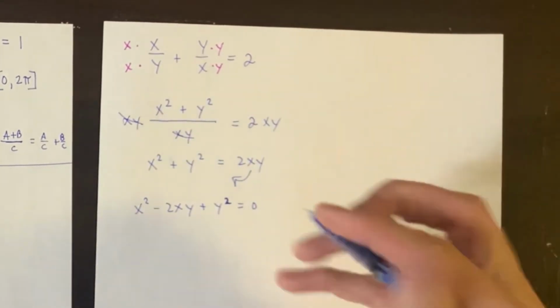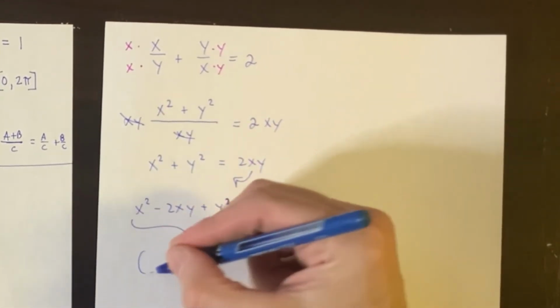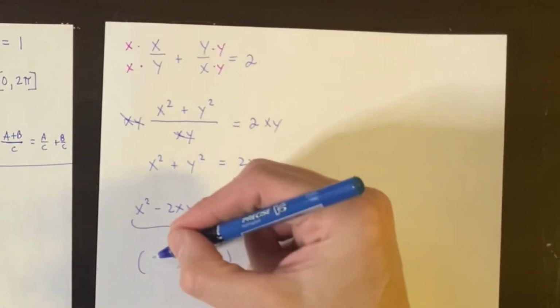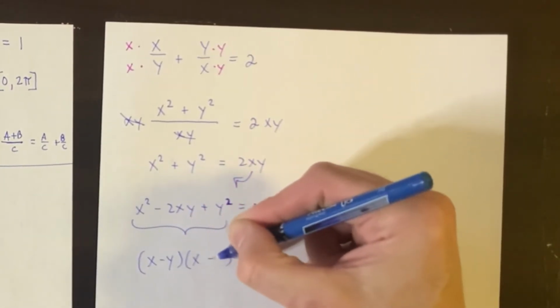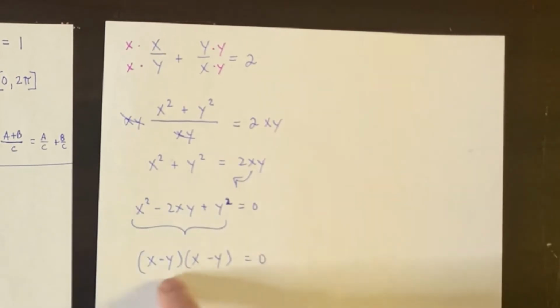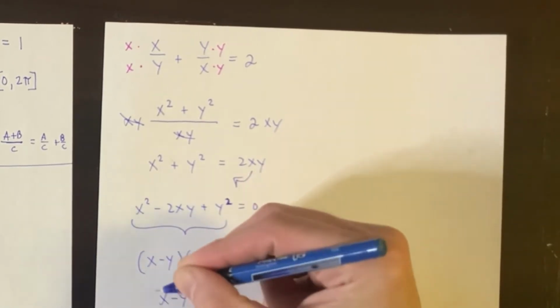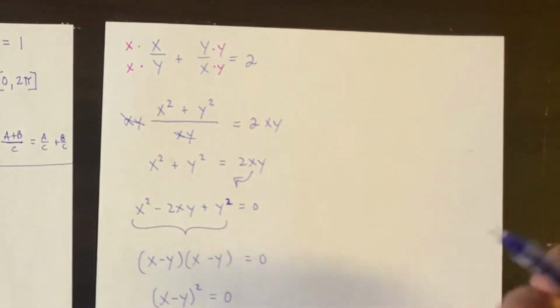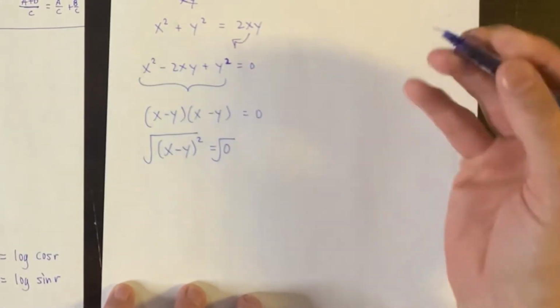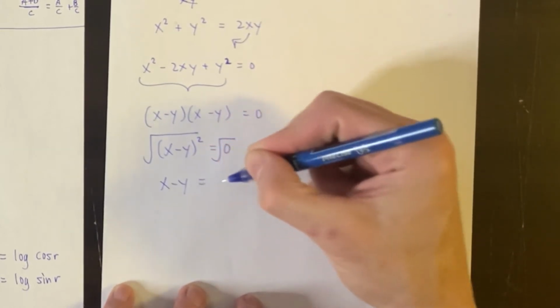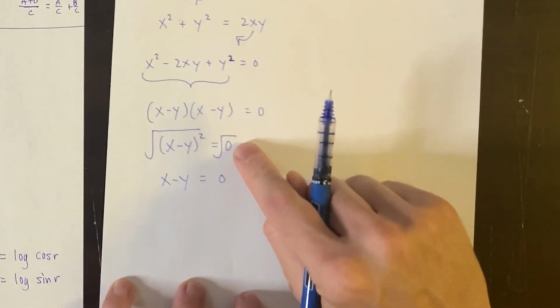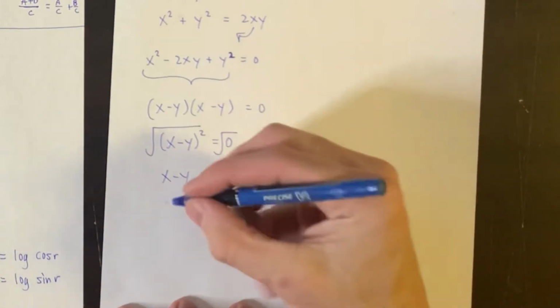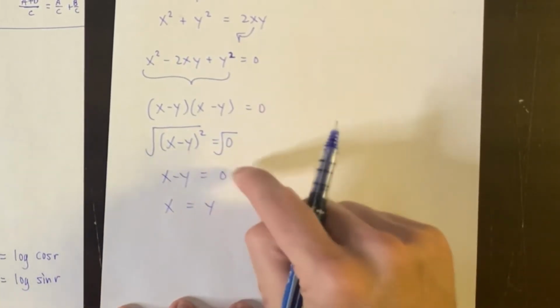And as it turns out, this here can be factored into the following. It becomes x minus y times x minus y. That is the factorization of this into this, because if you distribute, you'd get this back. So because these are identical, it's really just x minus y squared equals 0, right? Because it's two of the same object. And if you square root, it's just x minus y equals 0, because plus or minus the square root of 0 is just 0. And this tells us that if you add the y,